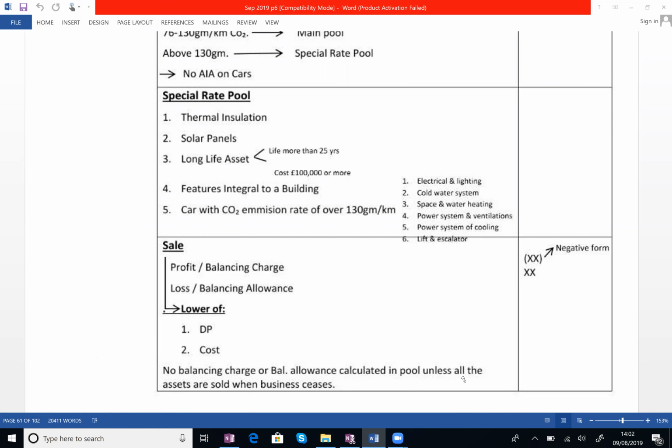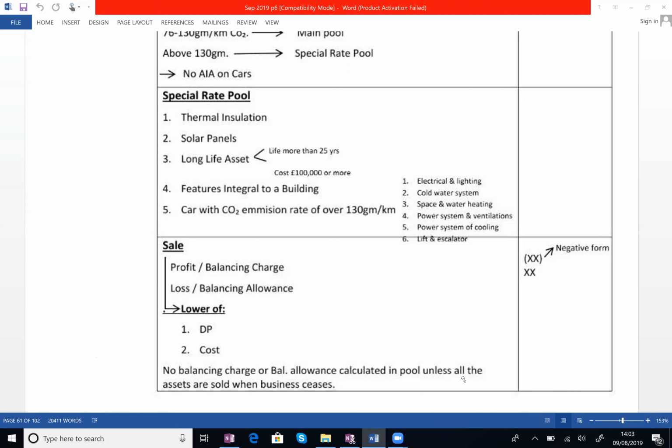Okay. Julia is a sole trader preparing accounts to 5 April each year. So that is the accounting period of the business. At 5 April 2017, the tax written down value on her main pool is 12,500. In the year to 5 April 18, now that is your current accounting period,